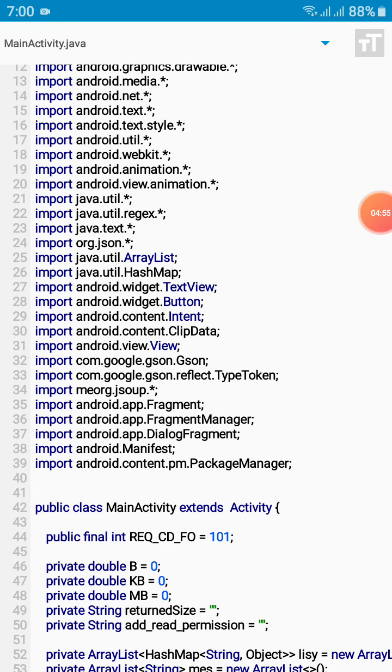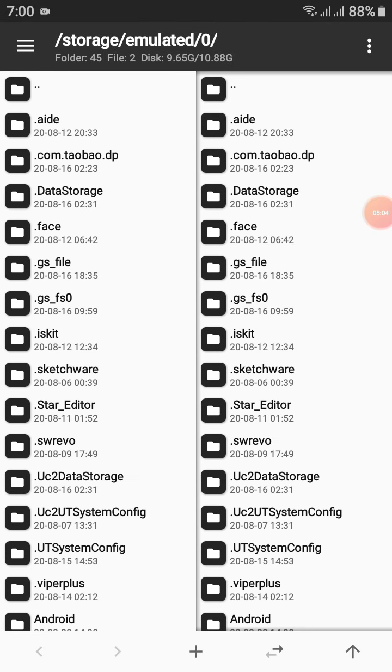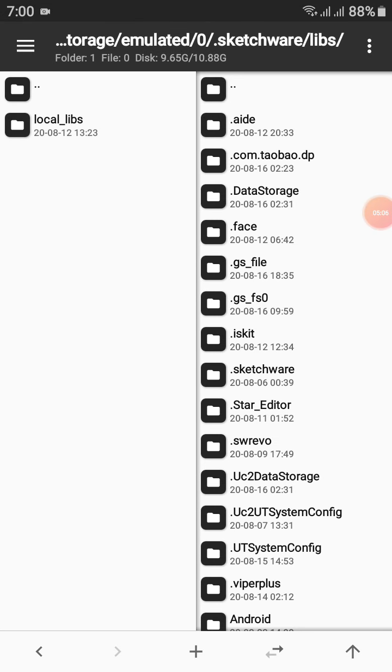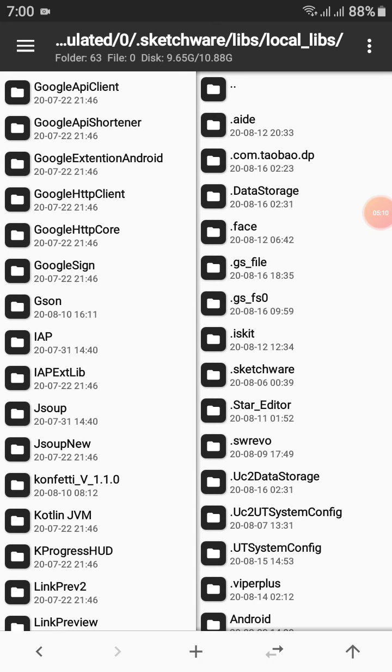So you also need to go to the manager, libs, org and JSON.